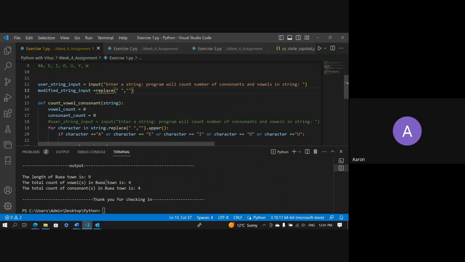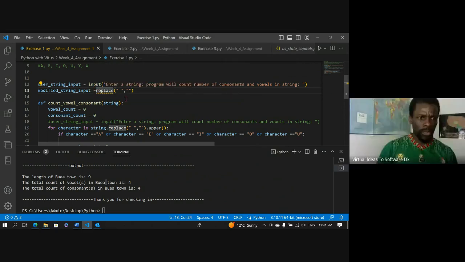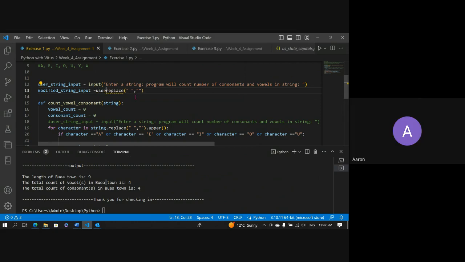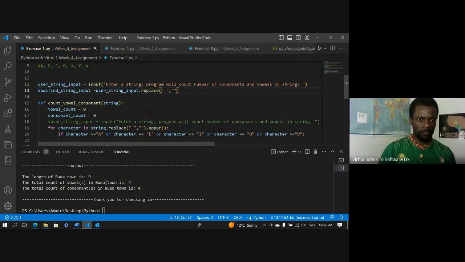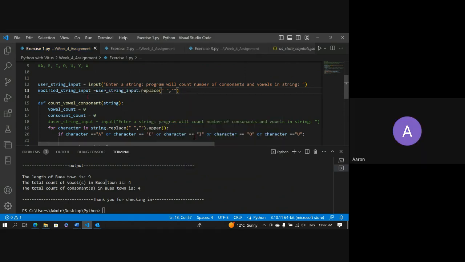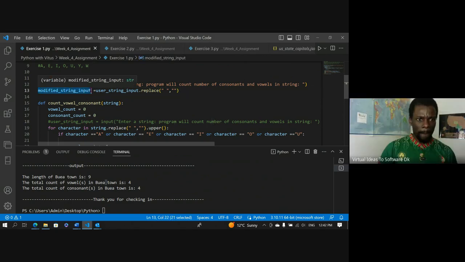Yeah, I think that's good. But now you should put the old user string. User underscore string underscore input dot add. There you go. Okay. So if I change this one,